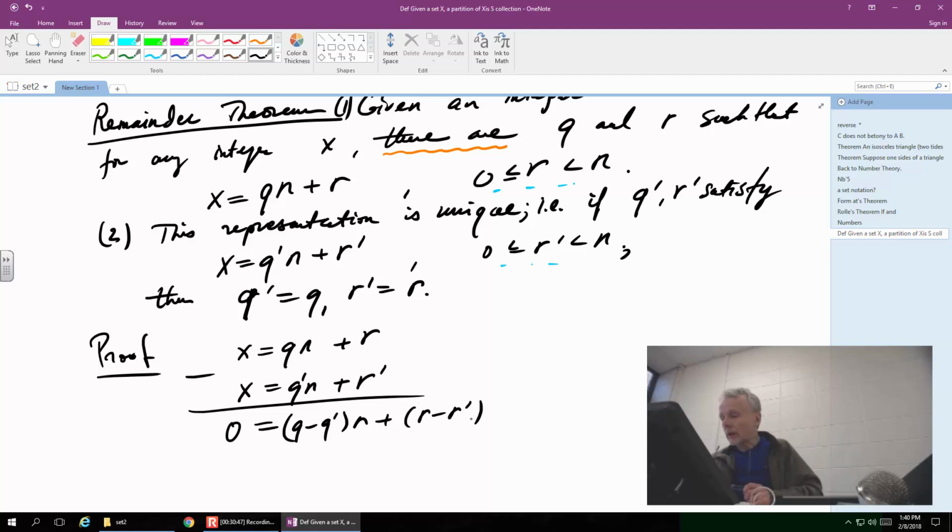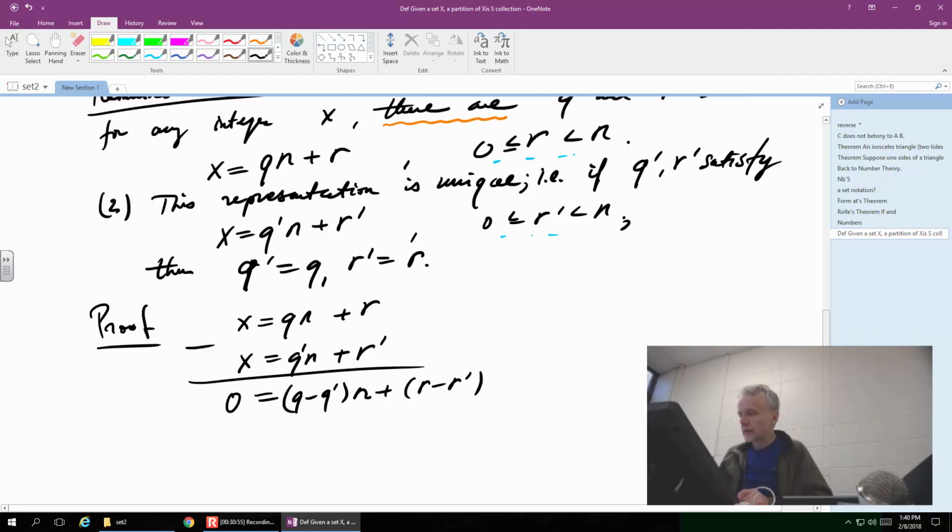So at this time, what do we have here? Okay, so let's analyze this equation. Notice that it's very similar to the equation that we started with, x equal qn plus r. Because you have some kind of r, you have some kind of q, you have n. It's all there, except on the left we have 0 rather than some kind of number. So, okay, what do you see?